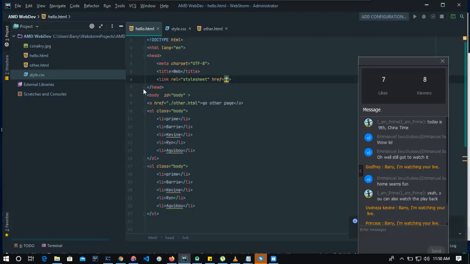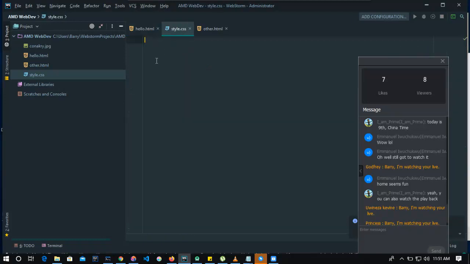like this. You remember the href? I told you the href is to link two pages or two files. Okay, and if you want to link something to something, you use the href attribute. Okay, now this one is inside here. This is the CSS. Now I can come here and bam,